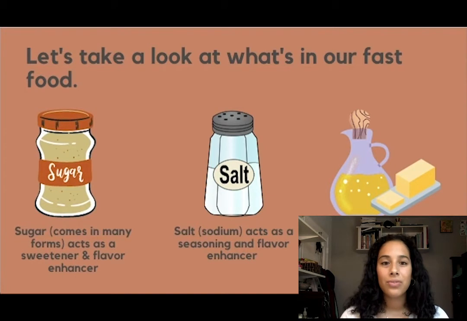Because most fast food arrives at the restaurant frozen and pre-packaged, the food is typically cooked by frying it in oil. Frying the food allows it to cook faster than if it were cooked in an oven and allows the food to last longer.